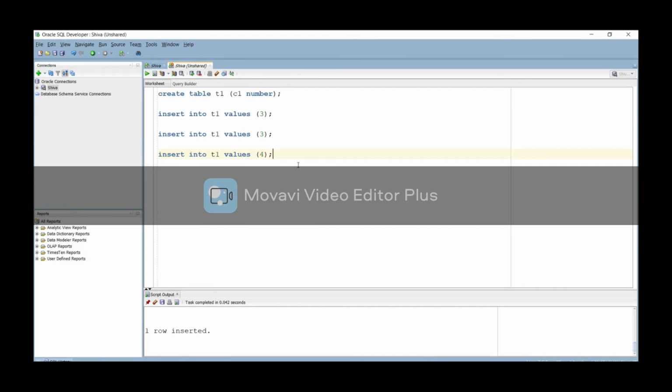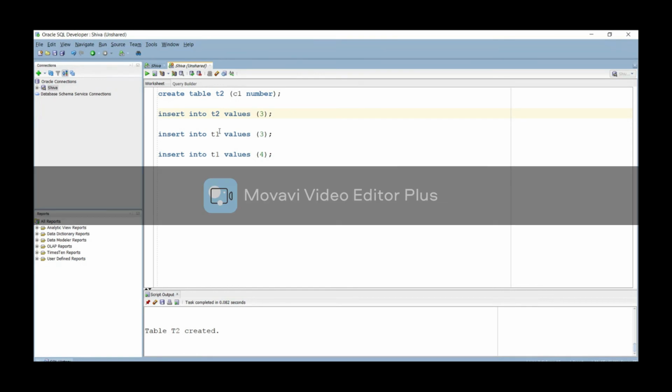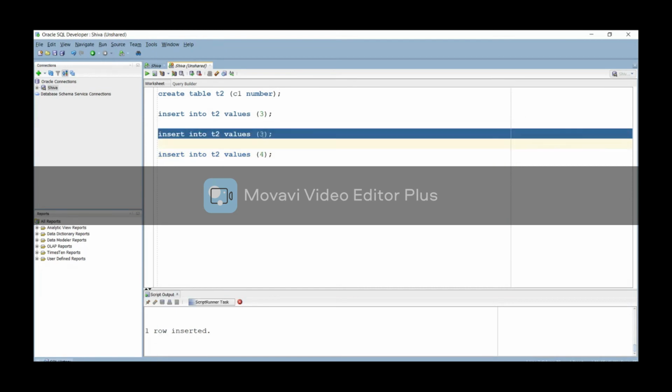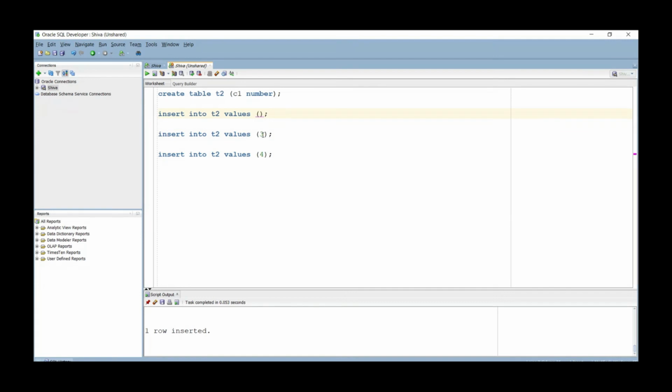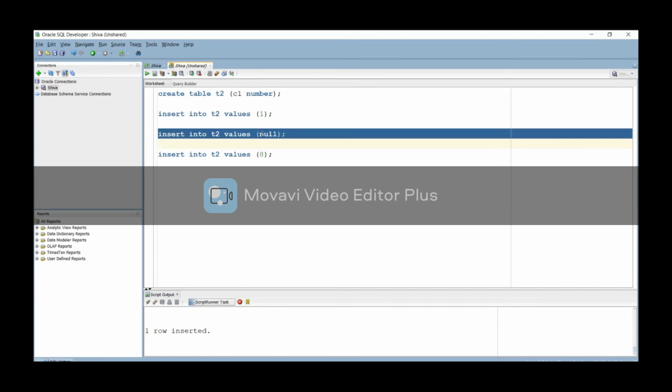Now I am going to create another table like T2. T2 is the table, and I am going to insert the values into this. I'm going to insert the values like 3, 1, I inserted 8 and 9, and I inserted some null record as well.